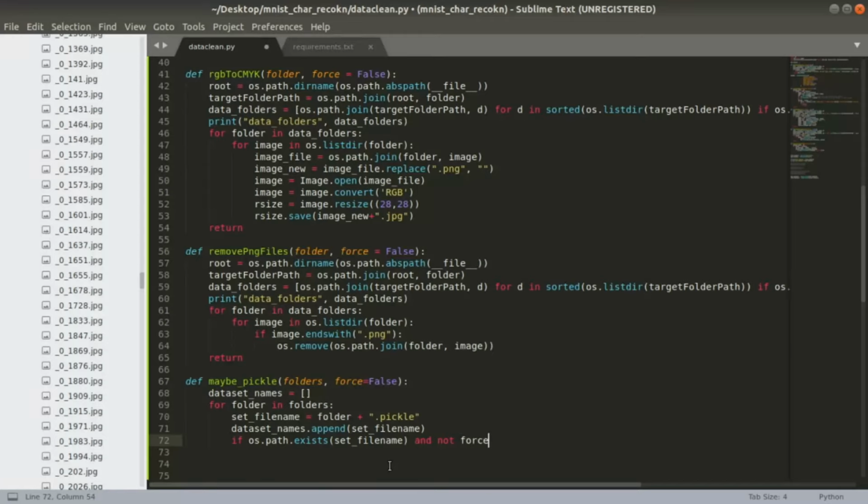If the pickle is already present, skip pickling.